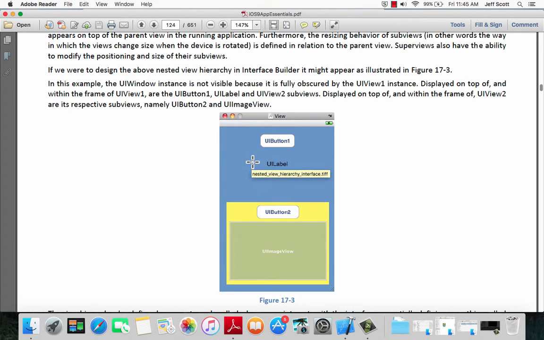So I should say that this is the window. Within this window, we've got a view. Within this main view, we've got a button, we've got a label, and we've got another view, which is shown here in yellow. Within that other view, we've got a button, and we've got an image view. So as they mention underneath this,